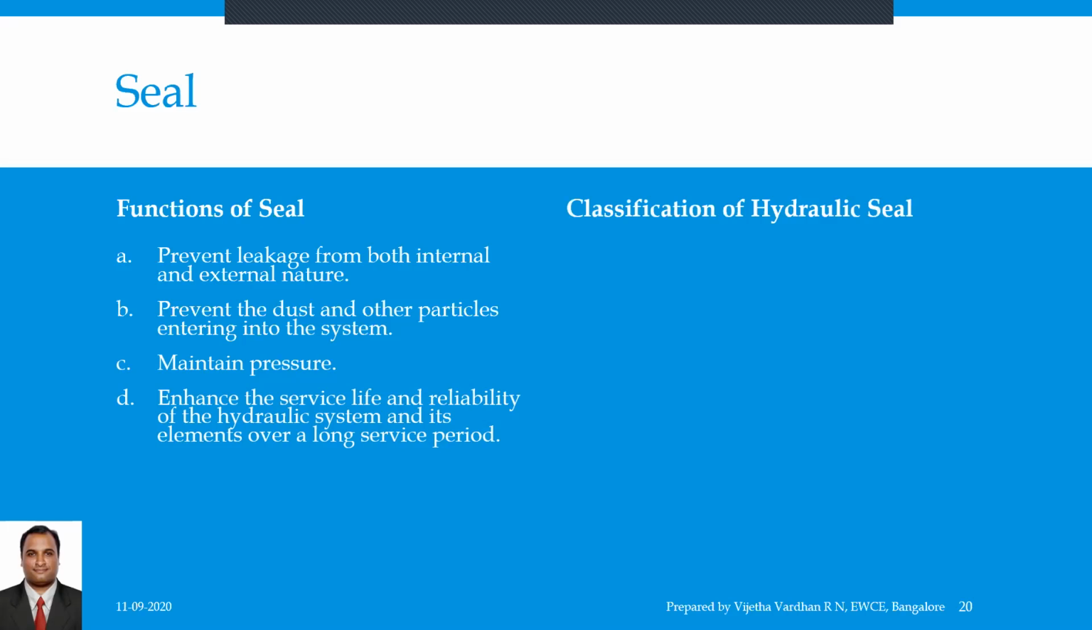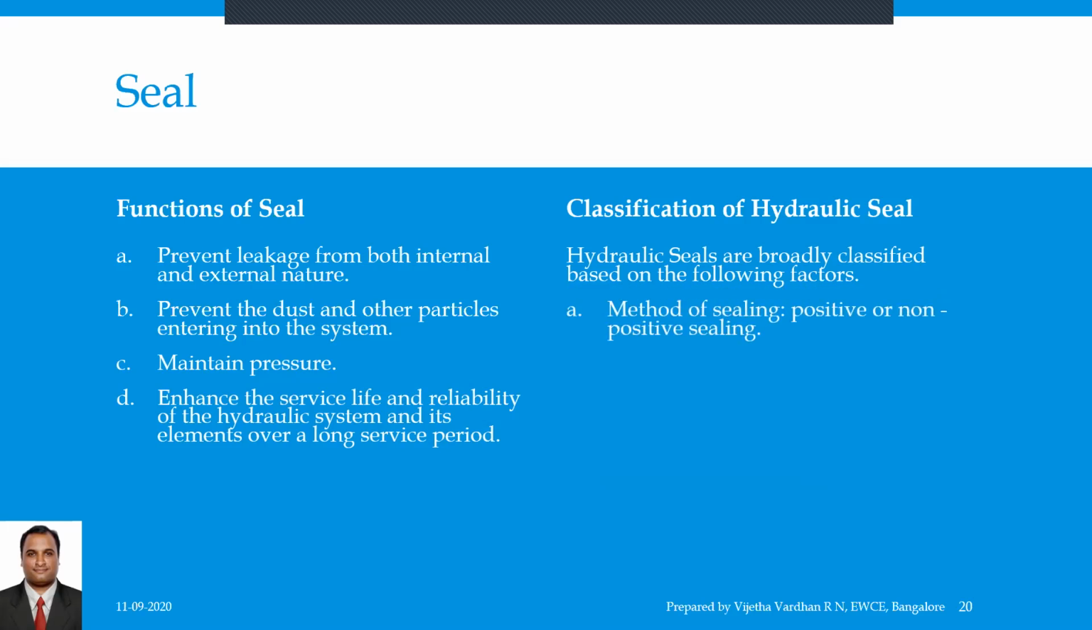Then coming to the classification, hydraulic seals are broadly classified based on the following factors. The first factor is the method of sealing, which can be further classified into positive and non-positive types of sealing. What is called a positive seal? In a positive seal, not even a minute amount of oil is allowed to pass. And what is called a non-positive seal? It is a seal that allows a small amount of internal leakage,